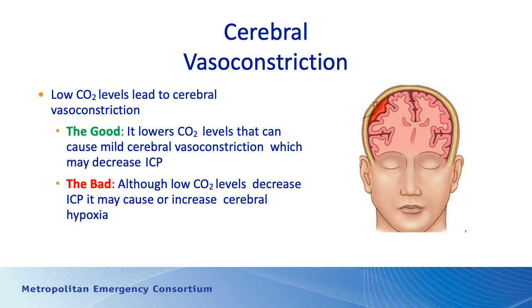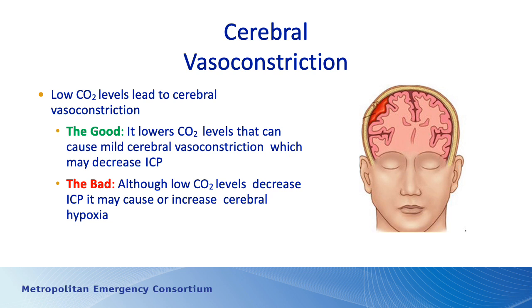On the opposite side of the street, if we have low CO2 levels, we will get cerebral vasoconstriction. The blood vessels will get smaller. And the good side of that is it lowers the intracranial pressure. So if we blow off carbon dioxide in a head-injured patient, we will cause some vasoconstriction and possibly decrease the intracranial pressure. But the bad side is if we cause vascular constriction, then we are going to increase the hypoxia